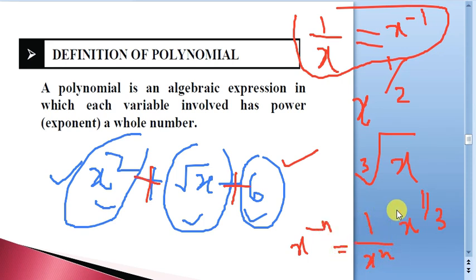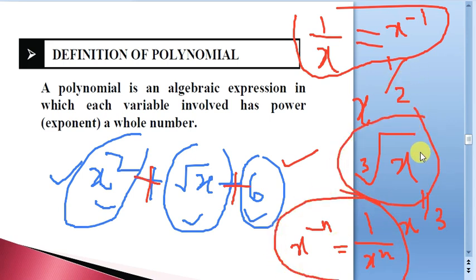All these things are basically from our exponential laws. We will be using them repeatedly in understanding this definition of polynomials. Better you remember this part, the radicands and all. So just see here, x square, and write it in the basic form. Square root, how can I write it? As x power 1 by 2.